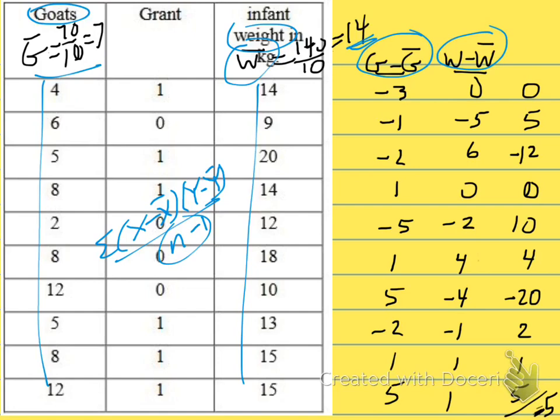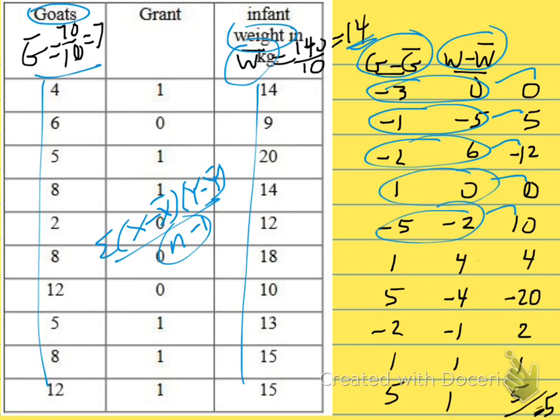Then I multiply the two, right? So I multiply these two, multiply these two, multiply these two. So that's 0, that's 5, that's minus 12. This is 0, this is 10. So I multiply them all and then add them all up, and I get minus